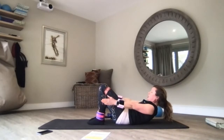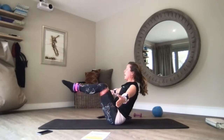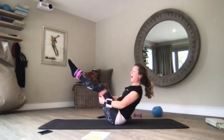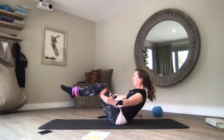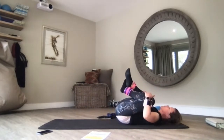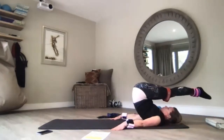Up into your crunch before you lie down, start another bridge. Or some of you might be doing your boat to your teaser, holding onto your hamstrings at any time for support. Boats and slowly, slowly roll down. Then hug your knees to your chest and rock from side to side. Some of you might go a little bit further